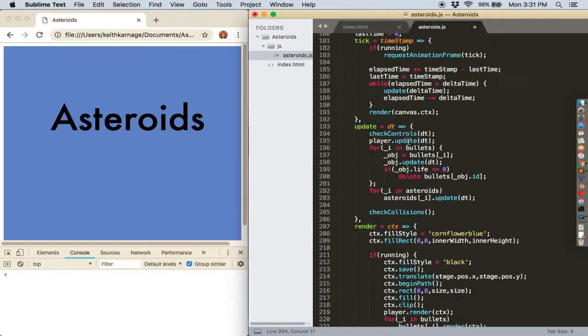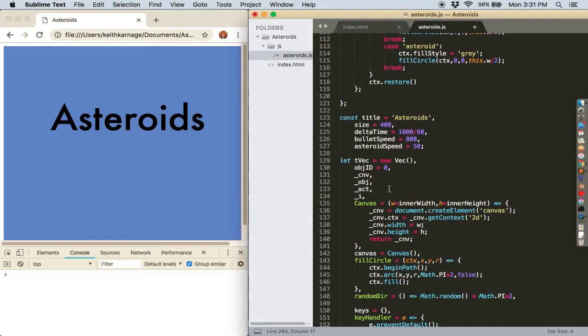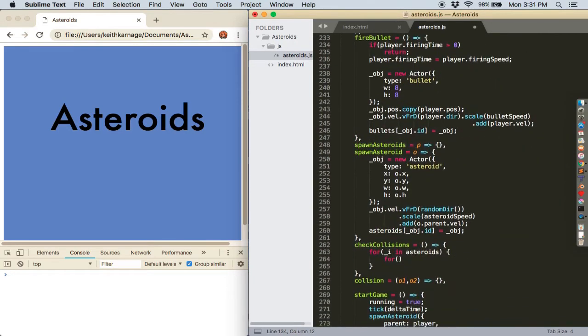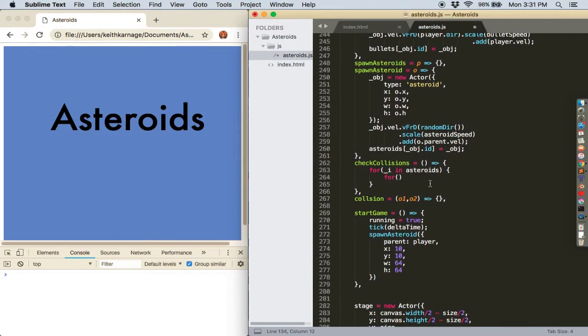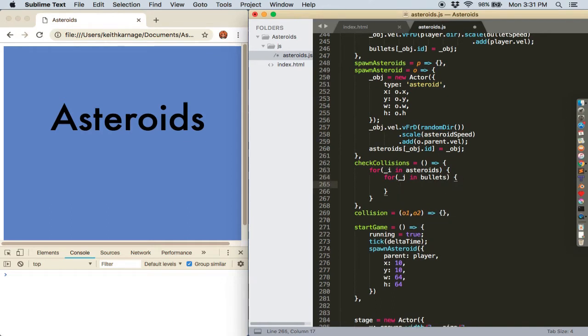I need a J as well. I and J. That is missing an I. For underscore J in bullets, and then we'll check for collision between those there, and then in the same loop